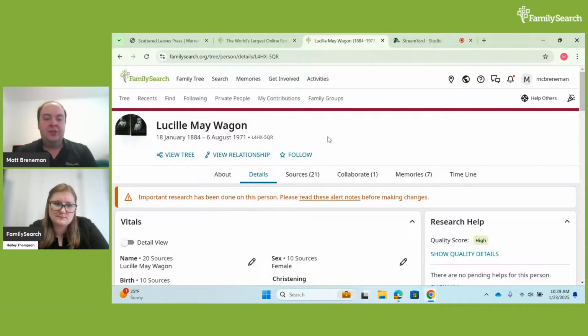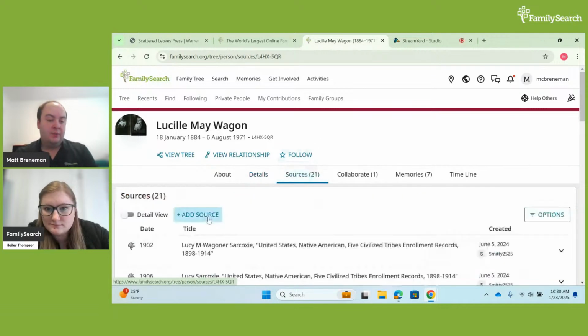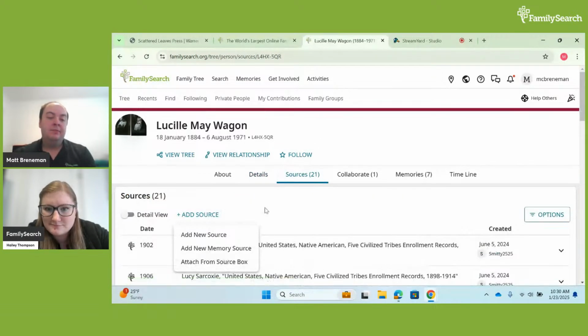You can just add it to your source box, and save it for later, essentially, so you don't have to go back and research for it again. And so once you finally understand, okay, this is the person I want to attach this source to, when you are attaching sources, you can just attach from Source Box, and then click on the selected source that you want to attach.